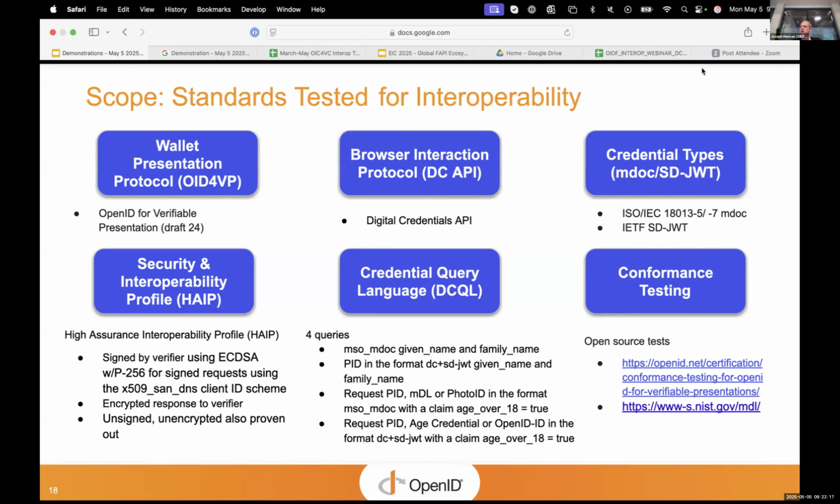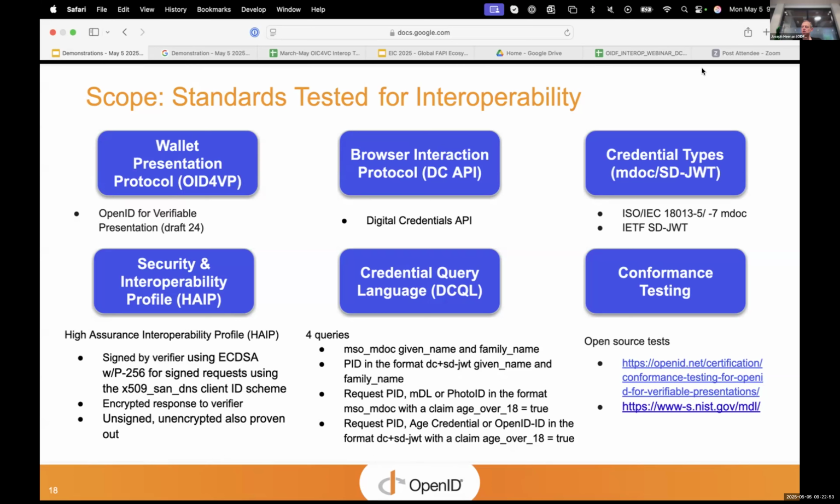For the credential format types, we've been testing both SD-JWT and mdoc. So in SD-JWT, we've been focused on a credential that's aligned with the ARF 1.8 PID, personal identification document. For mdoc, we've been using mDLs a lot. The specifications are generic and support more than just mDL. And as I mentioned, we've been focusing on HAIP because that adds the interoperability level. So that's what we want to use for interop testing.